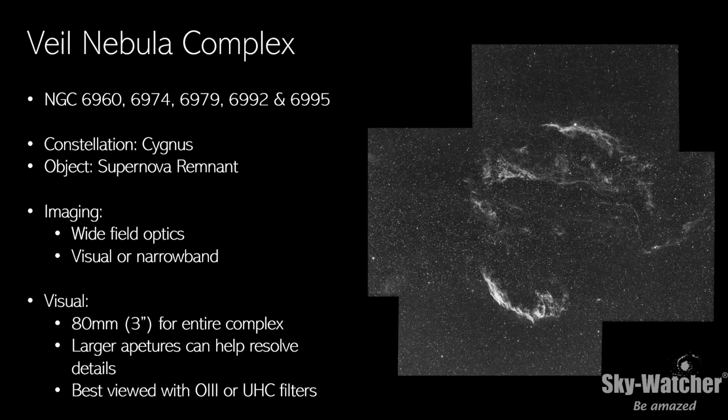But that is the Veil Nebula complex. It's easy to find up in Cygnus, easy to photograph, and a very nice dark sky object. It can be a very tricky object in town depending on your location. If you have a backyard that's kind of shielded from glare and isn't overly light polluted,